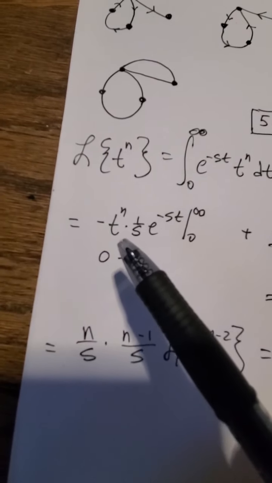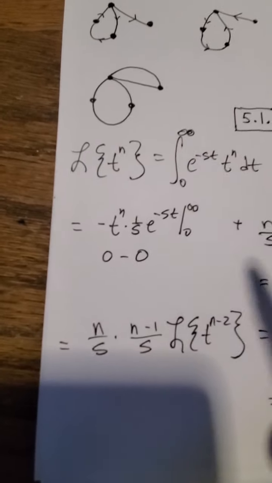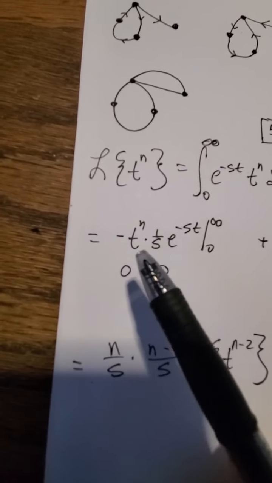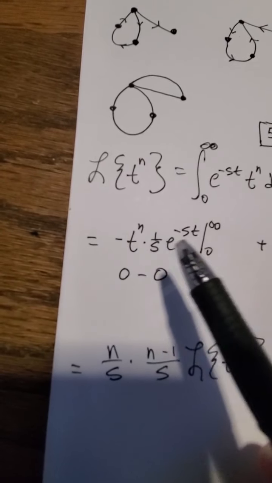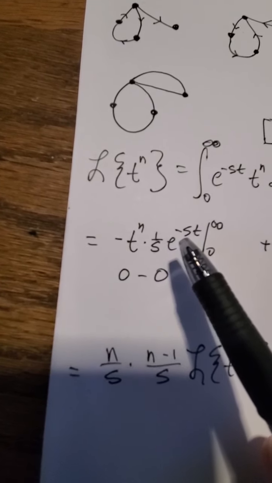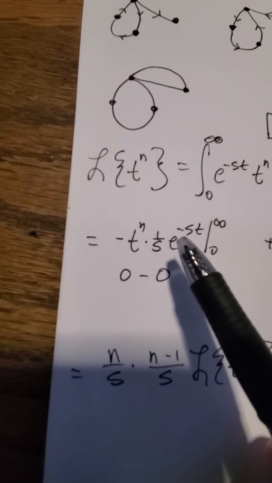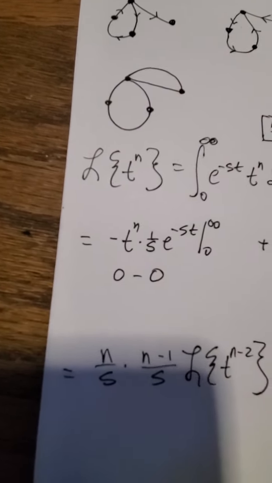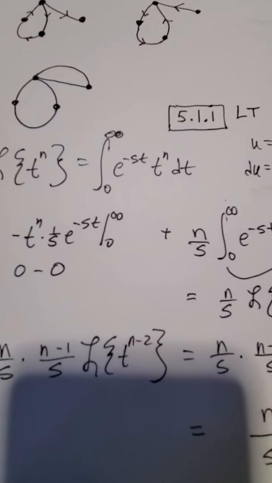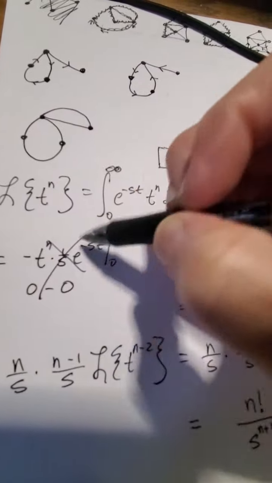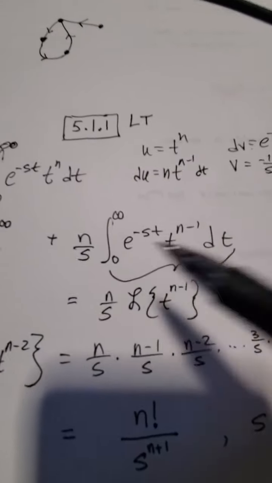And notice this uv term is really just 0, because if t equals 0, then I just have 0. And if t equals infinity, the e gets bigger faster than the t to the n, and the limit winds up being 0. You can prove it with L'Hopital's rule any way you want. Anyway, so this whole thing is just 0. And here we have n over s times